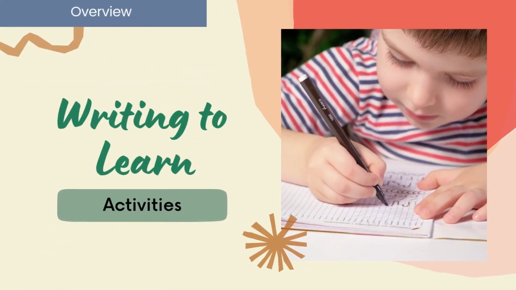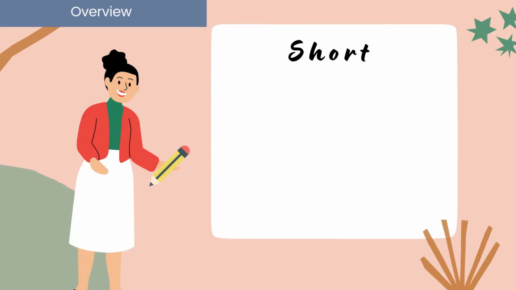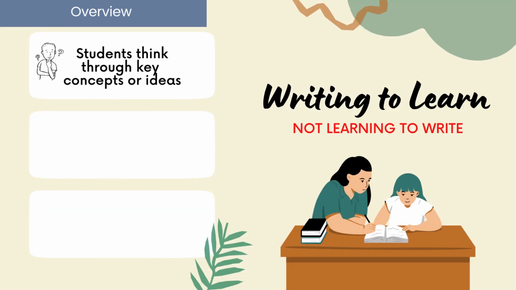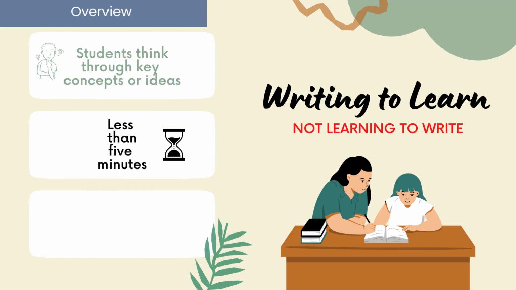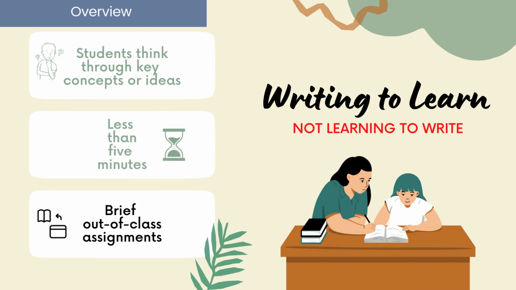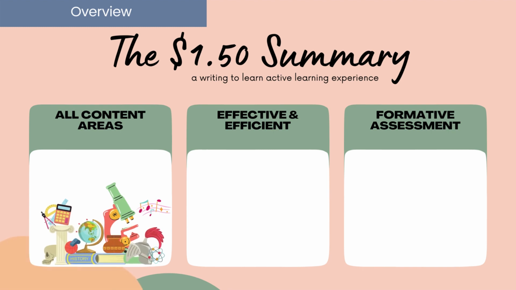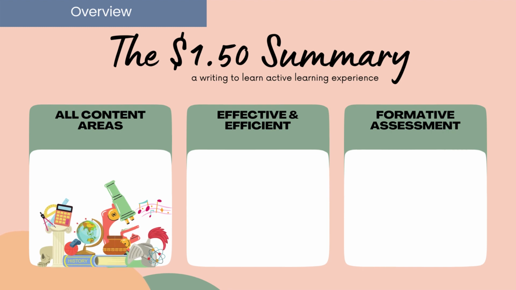Writing to learn activities are short, impromptu, or otherwise informal, low-stakes writing tasks to help students think through concepts and key ideas that are presented in a course. Often, these writing tasks are limited to 5 minutes or less of class time, or are assigned as brief, out-of-class assignments. The $1.50 Summary Active Learning Experience is a writing to learn activity that can be used across all content